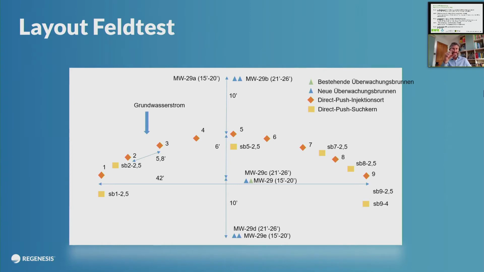And what we're doing there is we're coring in between the injection points to try and see where the product has gone, to ensure that we're getting interlocking radius of influence from each of these injection points. What we don't want to do is create a fence where there's gaps where the contamination can flow through. We want to see that we've painted in between those points.